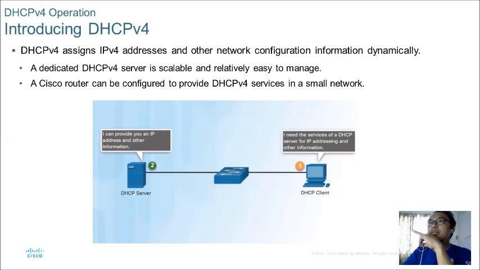So there is normally a dedicated DHCP server, but unfortunately we don't have that. A Cisco router can be configured to provide DHCP version 4 service for a small network. It's the same with our wireless, right? Our wireless gives out IP addresses to our cell phones, to our laptops, and so on and so forth. So that is what we do in our network. Take note,